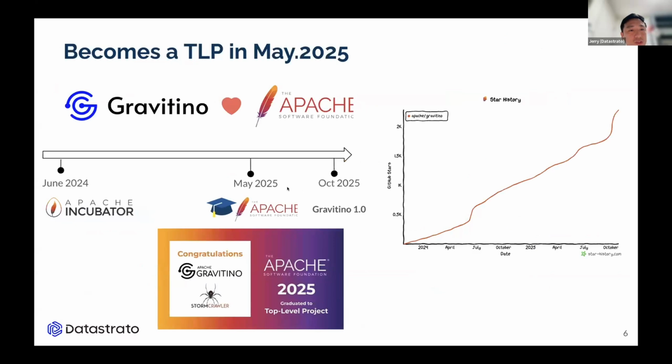And we also highly embrace open source. Since day one, Gravitino is open sourced, and we donated our project to the Apache Software Foundation in June last year,